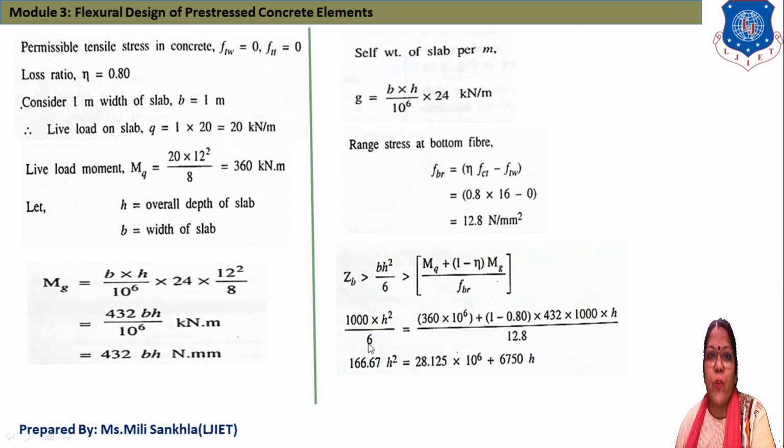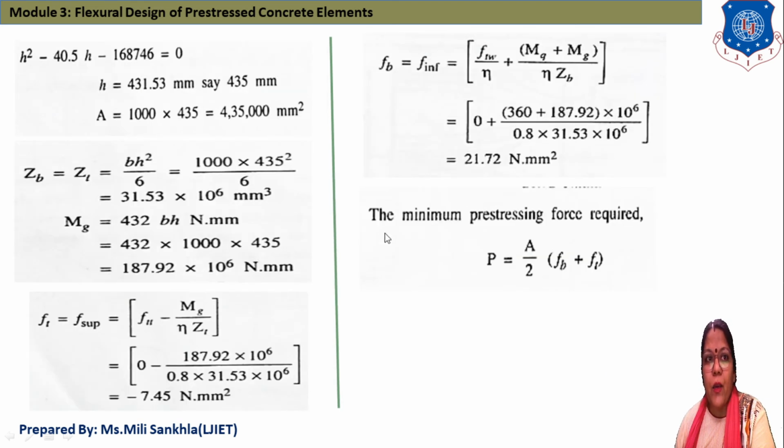So BH square by 6 equals MQ, that is the moment due to live load, 360 into 10⁶, plus 1 minus 0.8 into 432 Mg, with B equal to 1000, H unknown, and divide by 12.8, that means our bottom fiber stresses. After solving that, here we find out H is equal to